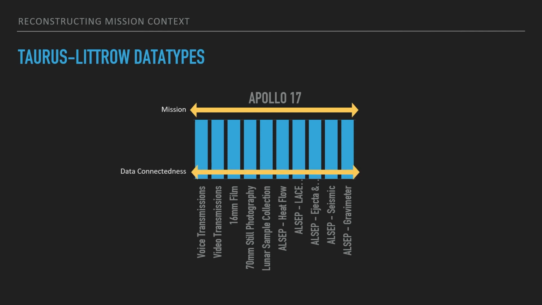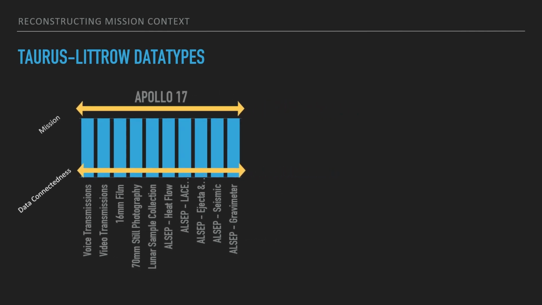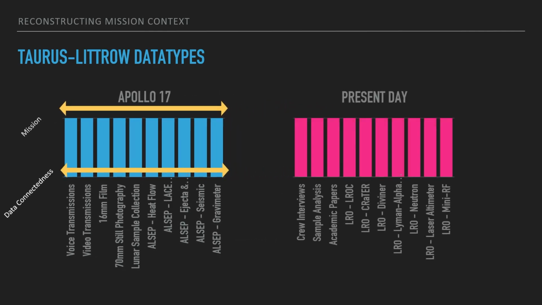And really what we're looking for here is a common denominator amongst all the different silos that would be a way to connect all that data together. And if you include present day data that's being gathered about the moon that can put Apollo 17 into greater context, we can have Lunar Reconnaissance Orbiter, which I'll talk about here on the right, gathering new information, but then also post-mission sources of data that weren't part of Apollo 17, but were stuff that we've learned about Apollo 17 after. Really what we want is something that connects all of this together to try to put everything into context.